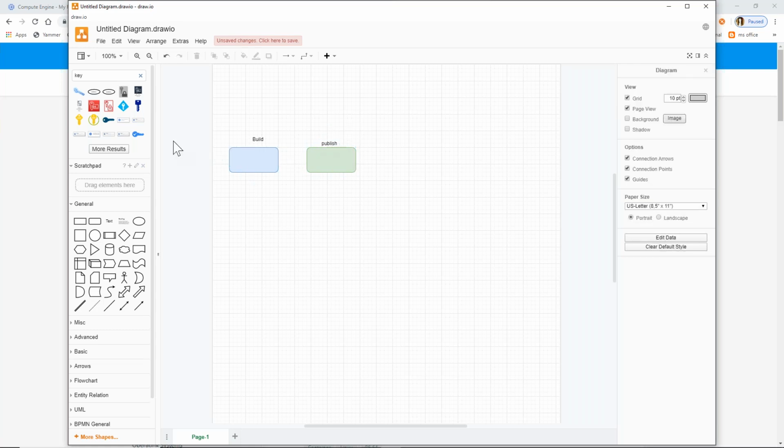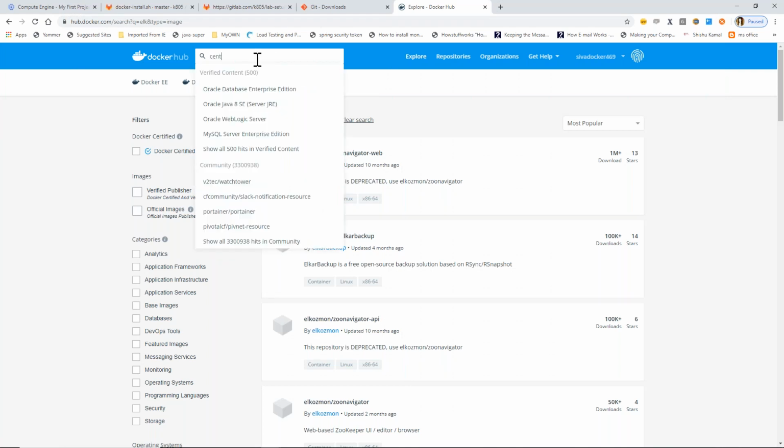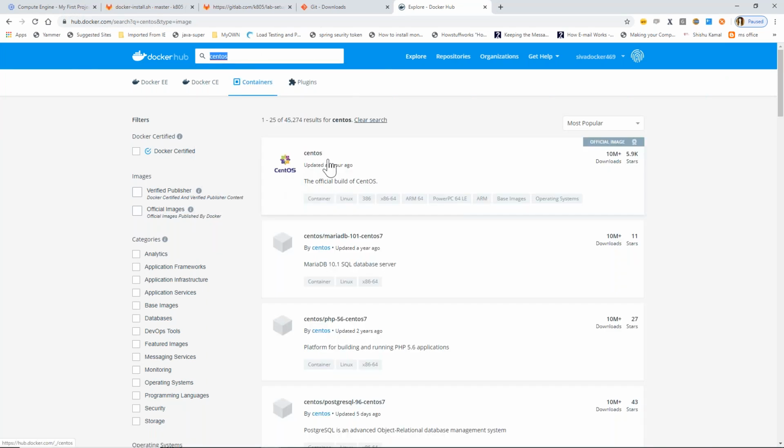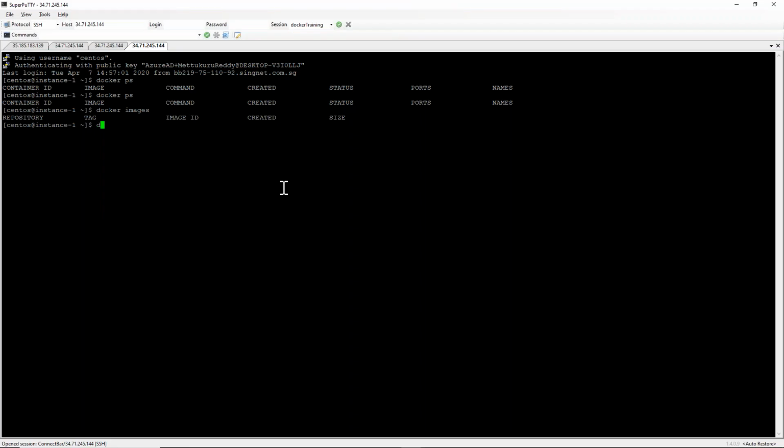If anybody else wants your images, they will pull them and run them. For example, the CentOS company created their image and published it to Docker Hub. So if you want it, you need to pull it and run it wherever you want.